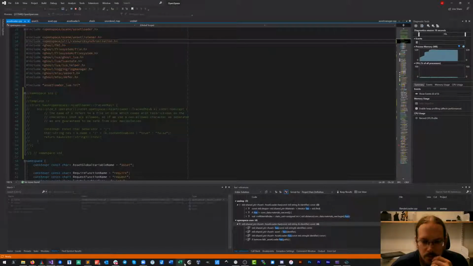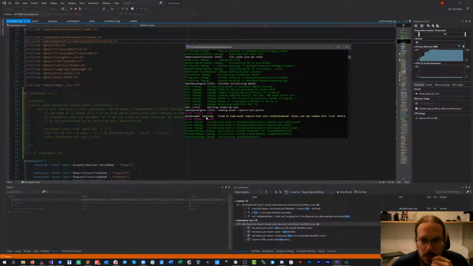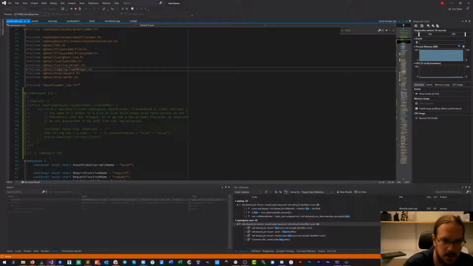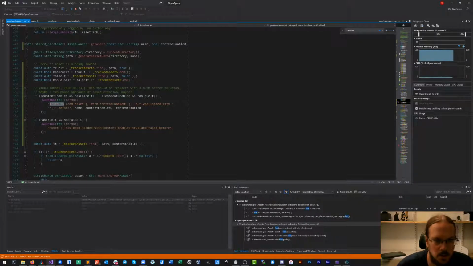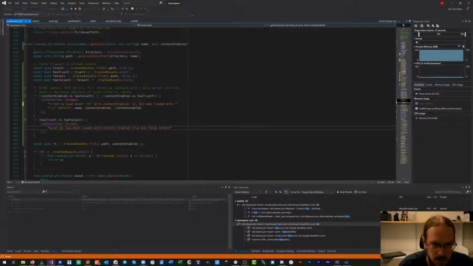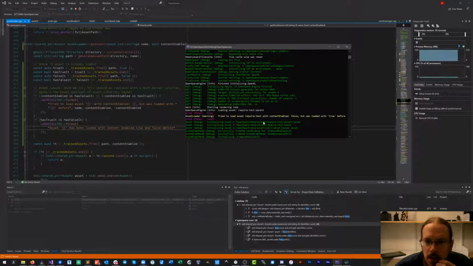Yes. True, then we try to load an asset required test. There should probably be some ticks around that. But it's not really possible to see where the error message begins. With content enabled false, but was loaded with true before.